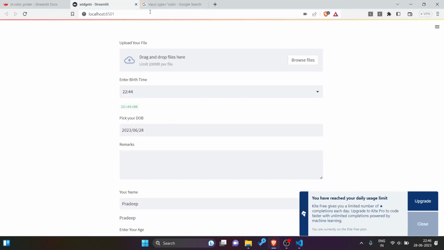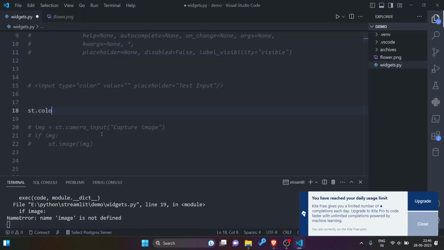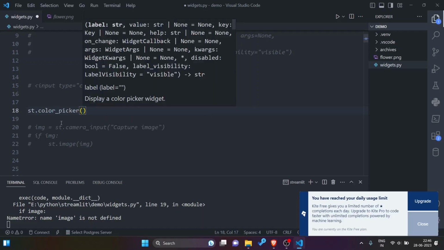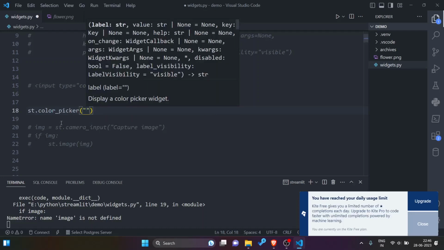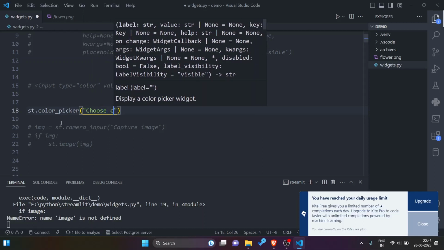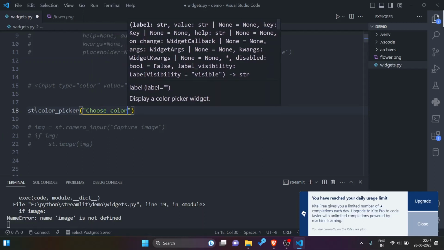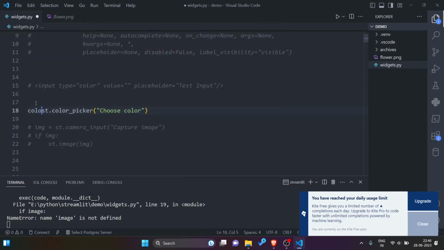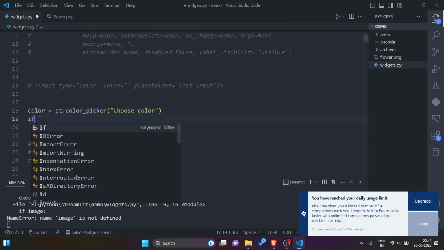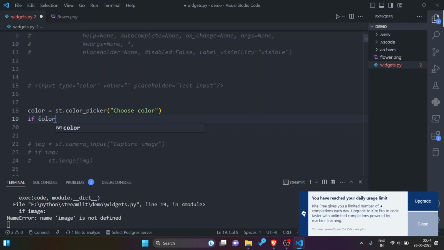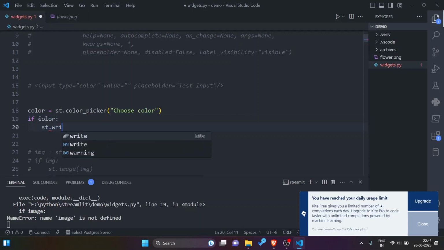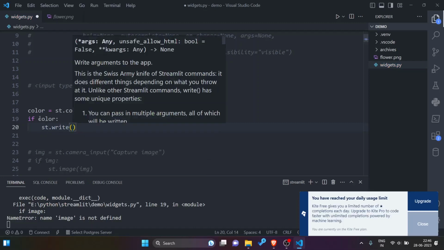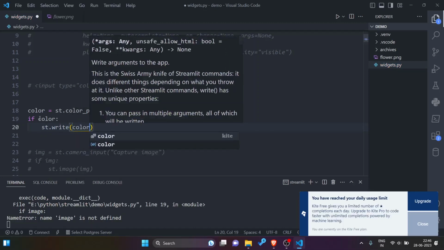So the help was correct, st dot color picker, and here also the desired thing is choose color. Store this color in a variable in Python, then if color, then st dot write color. Let us see what happens.